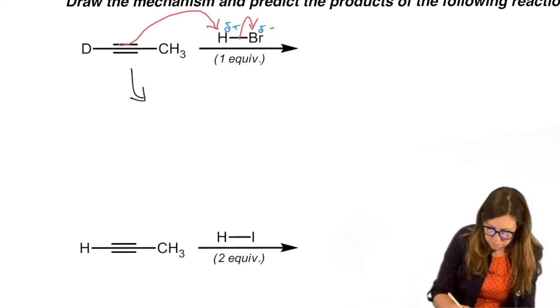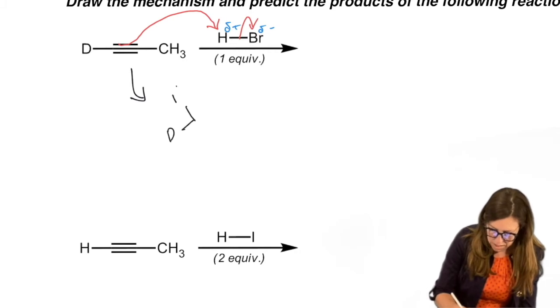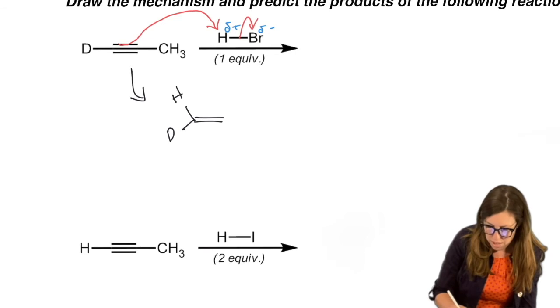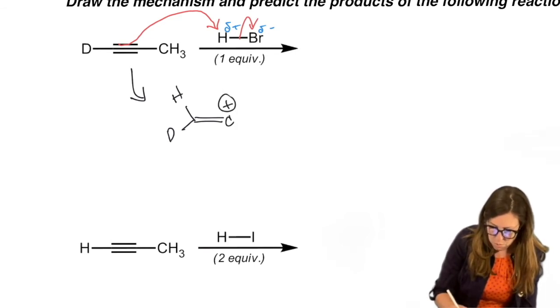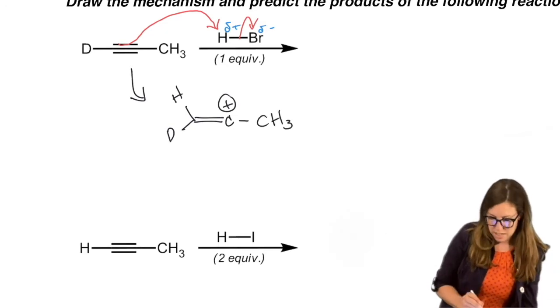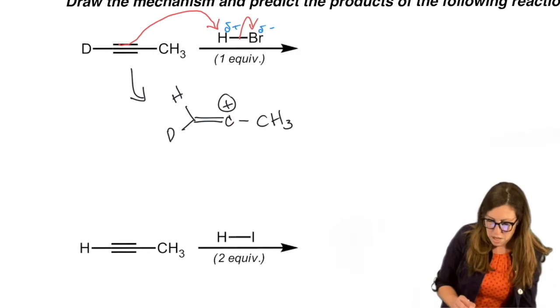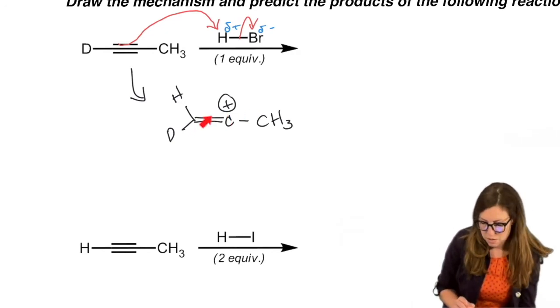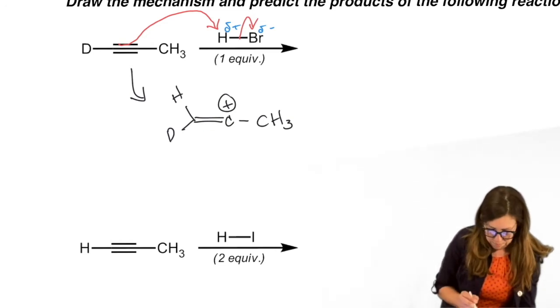So let's put the D and the H on the same carbon because we're following Markovnikov's rule. We lost a pi bond. Let's put the carbocation on the more substituted carbon, thanks to Markovnikov. But notice it's a funny looking carbocation. It's actually sp, it's linear because it's got a pi bond, right? So still only 2 groups. It's got a pi bond, 1 sigma bond, and then no third group. So it's actually sp hybridized linear. Let's write that down.